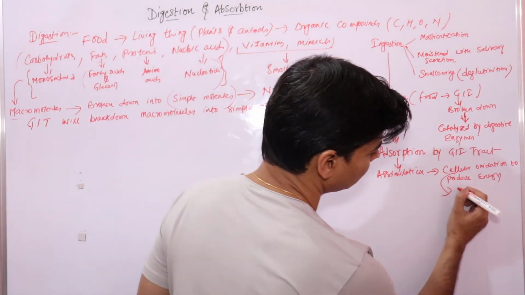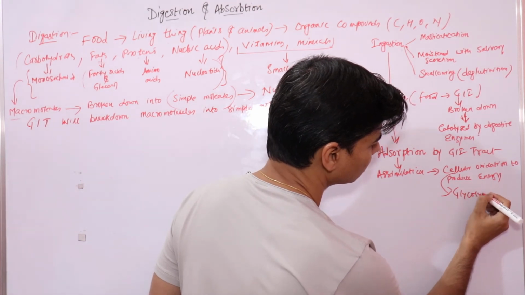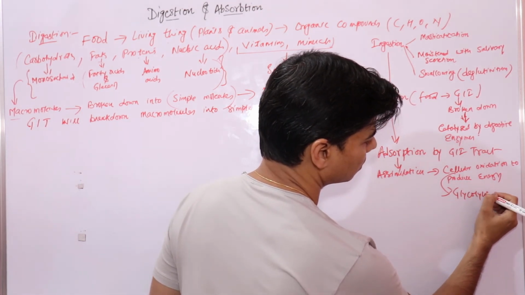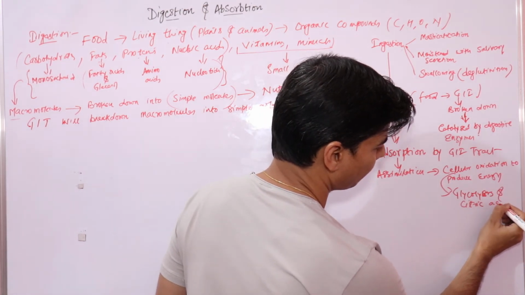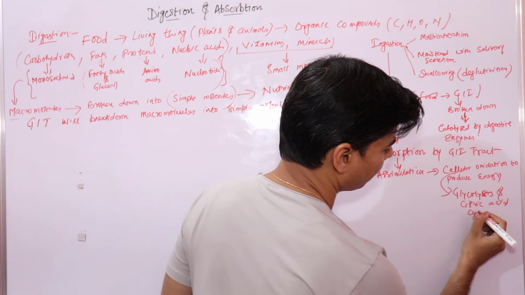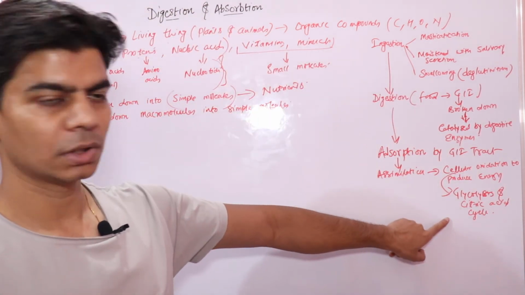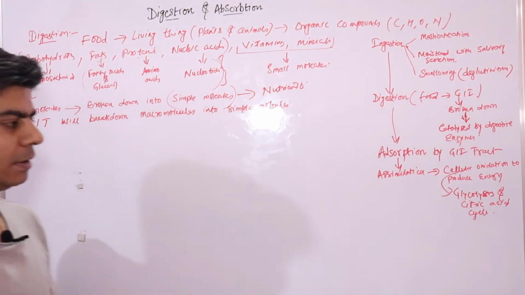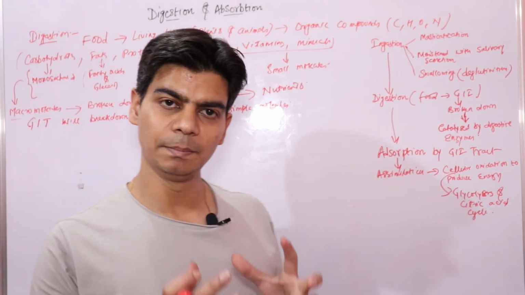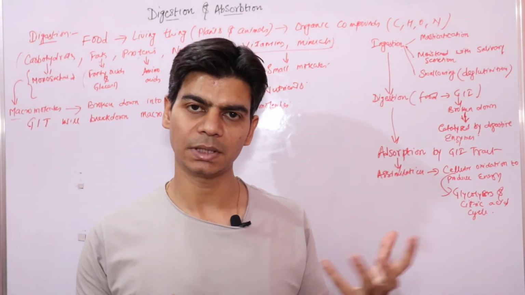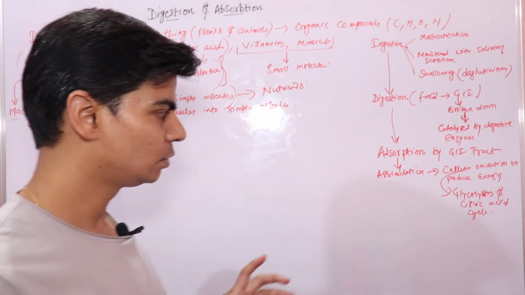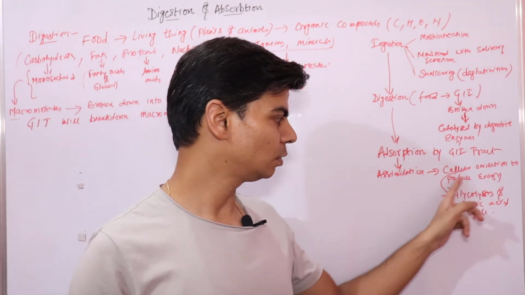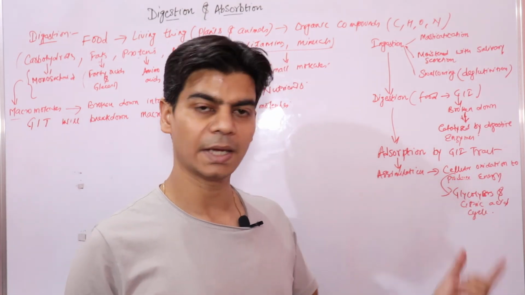There is something known as glycolysis and the citric acid cycle. Glycolysis will help break down simple glucose molecules. Carbohydrates will break down into simple glucose molecules, and glucose molecules will undergo decomposition by the process of glycolysis